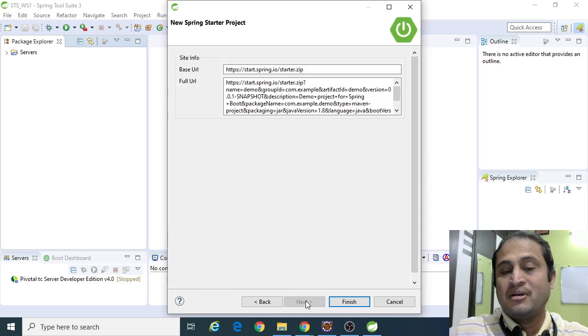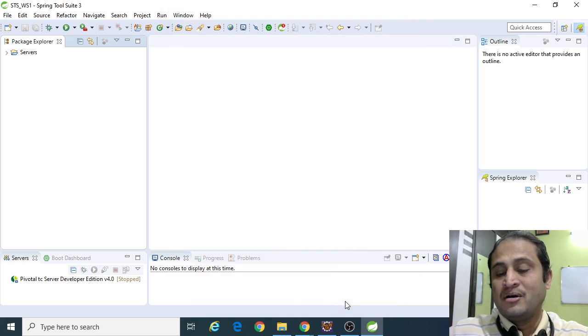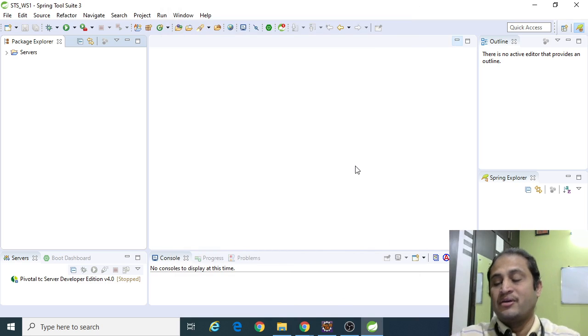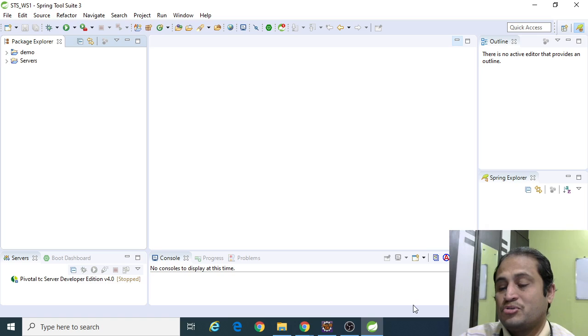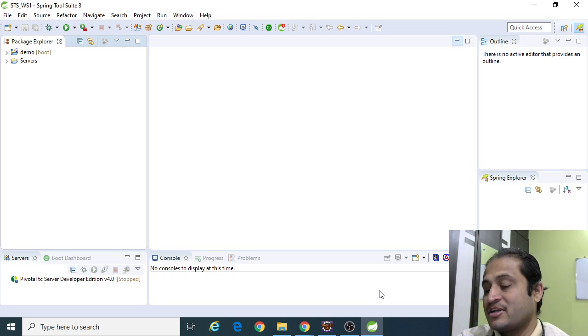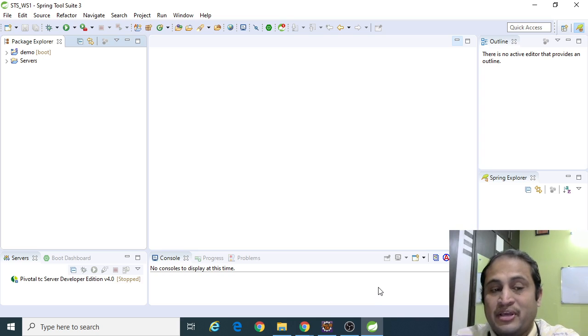So maybe click on Next, and it would show from where it has to fetch and what is the base URL. That's okay. So it would go to spring.io, and it would download all the necessary artifacts, necessary POM files, and respective jar files which are needed for Spring Web, Data JPA, all those related files.